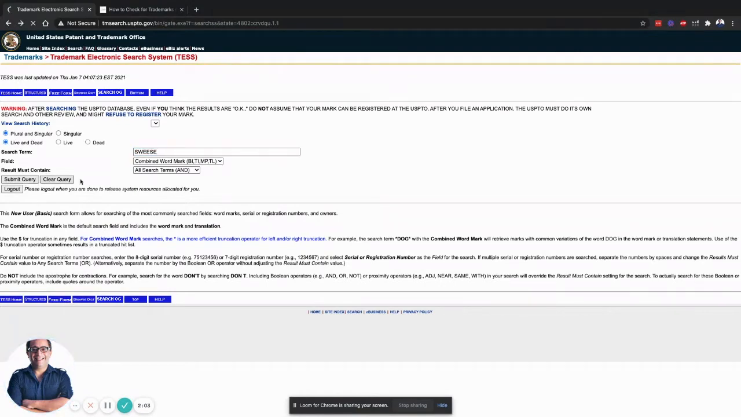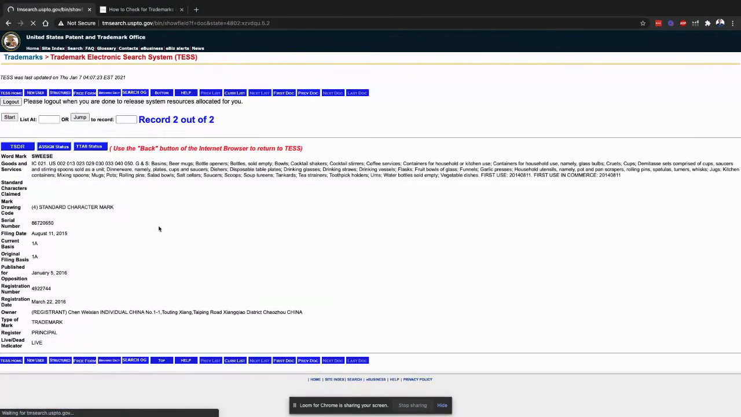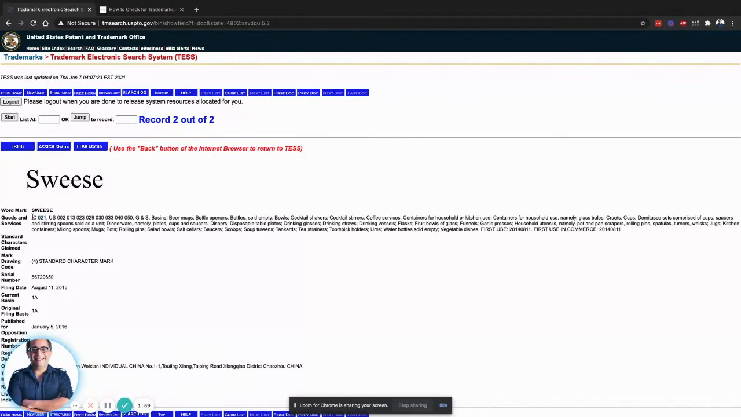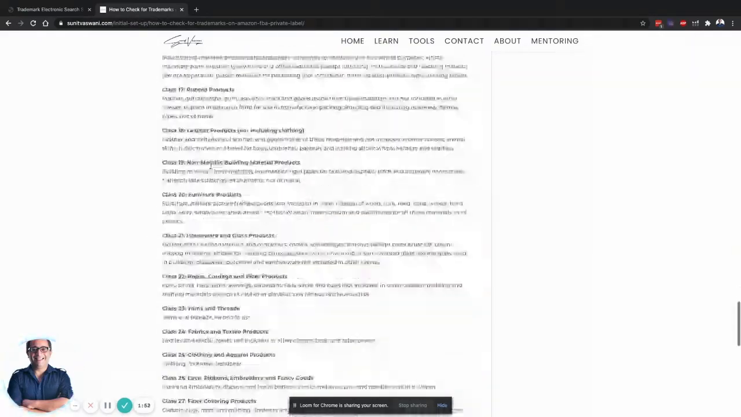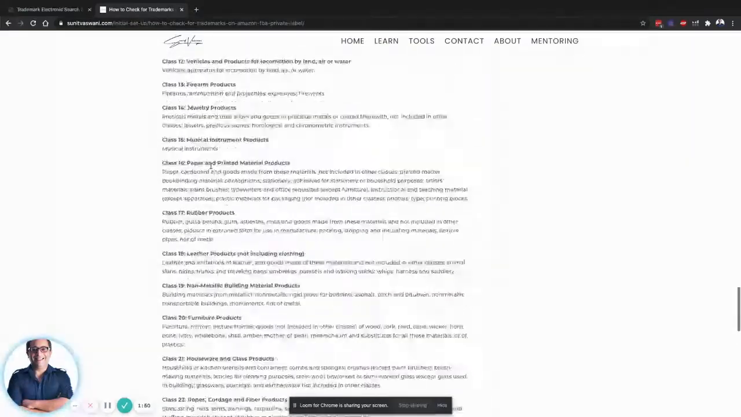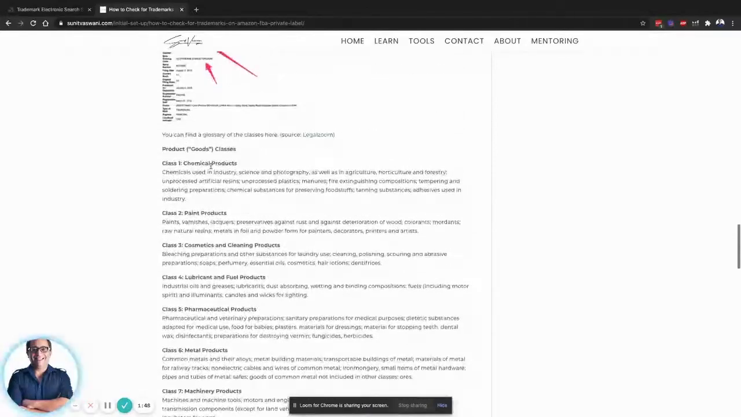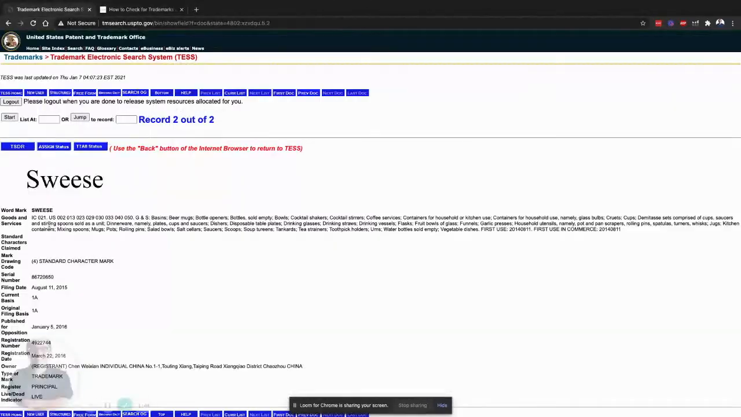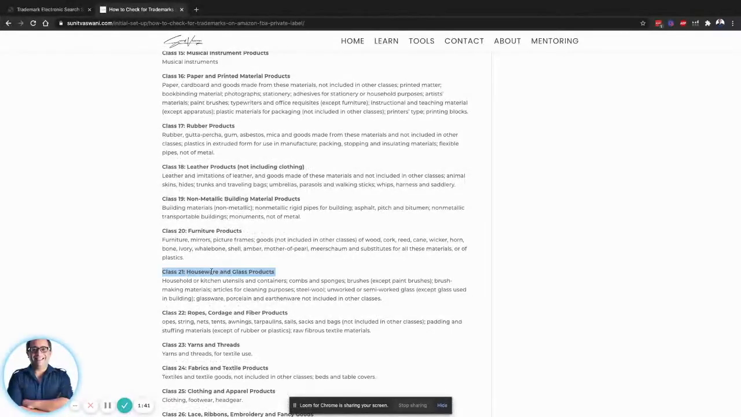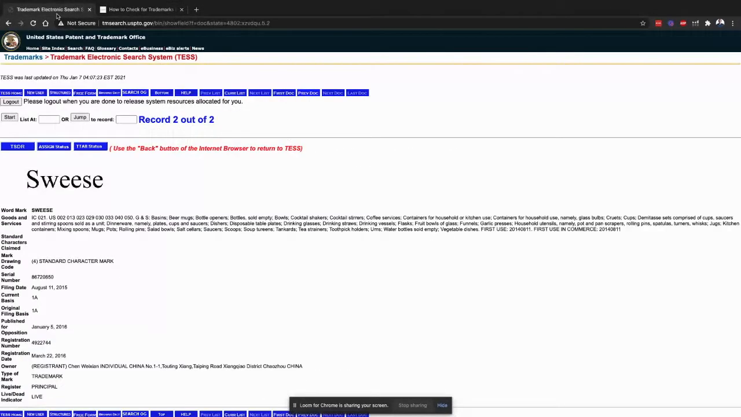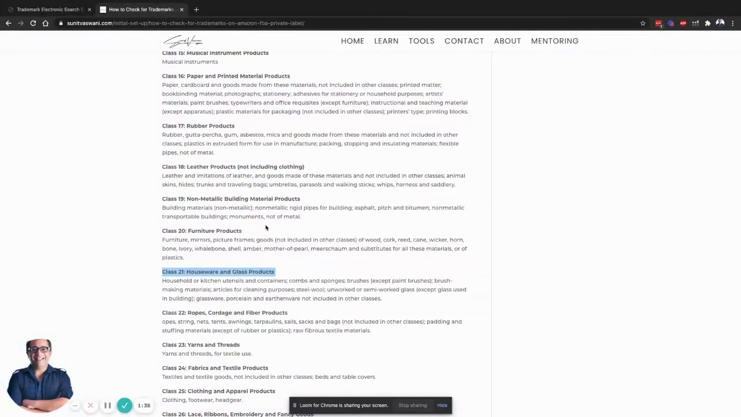Now, let's go back to the Squeeze example. So I'm just going to type in Squeeze again. And you're going to see the live one. Now, as you can see over here, it's an international class of 21. So what that means is you can go to this link over here, which I've made a blog post about this video as well. And you can see down here, this is class 21. And if you scroll down, you'll see class 21 means housewares and glass products. Now, doing a quick Google on Squeeze will tell you that they are indeed selling houseware products, so they're protected